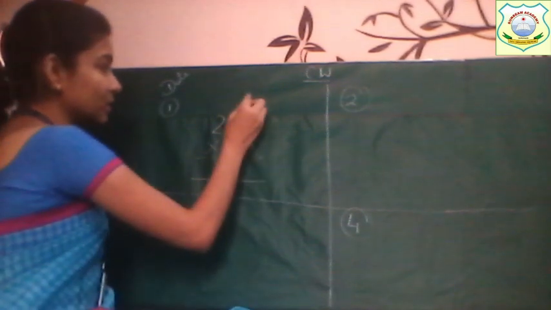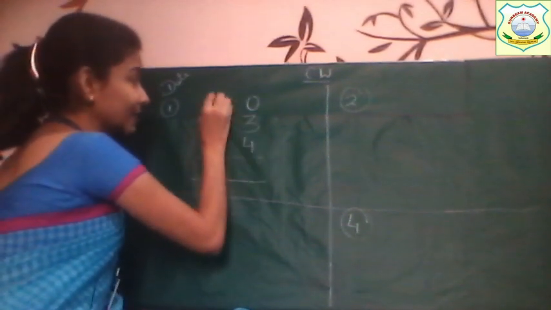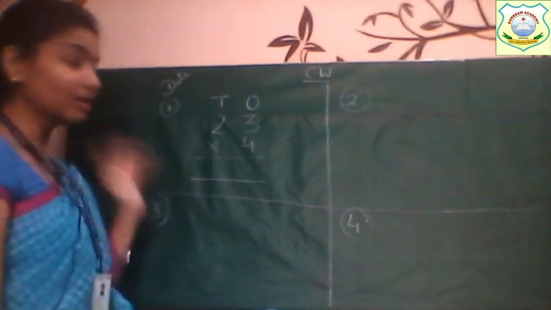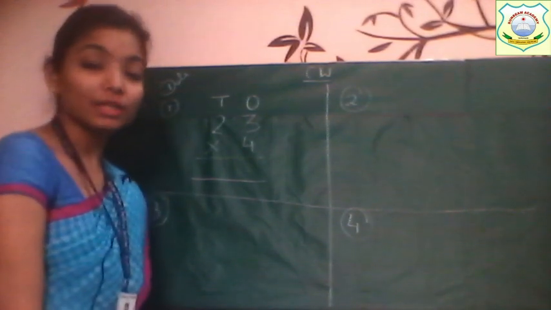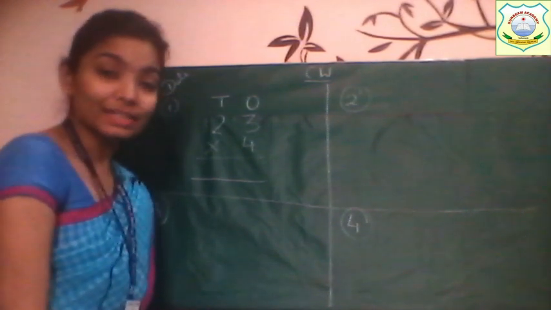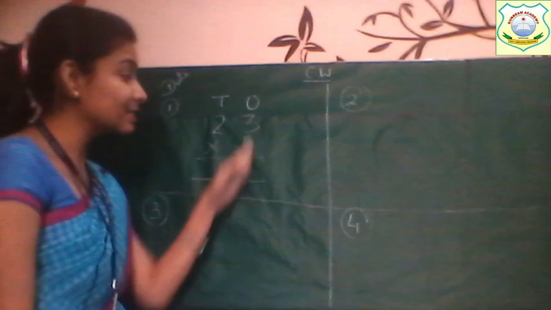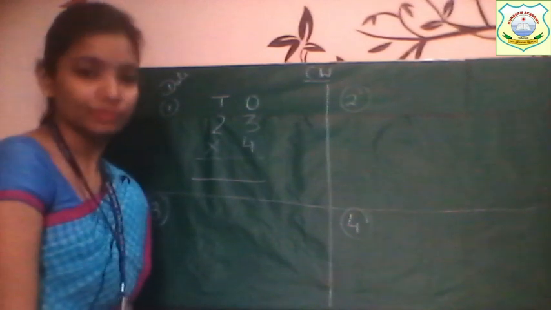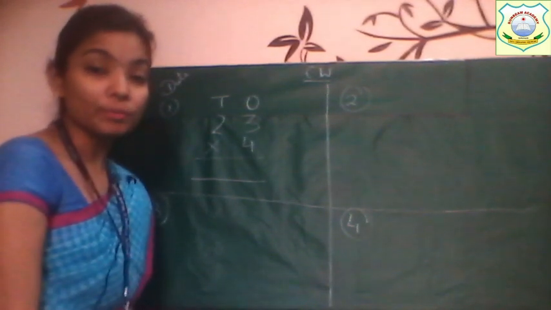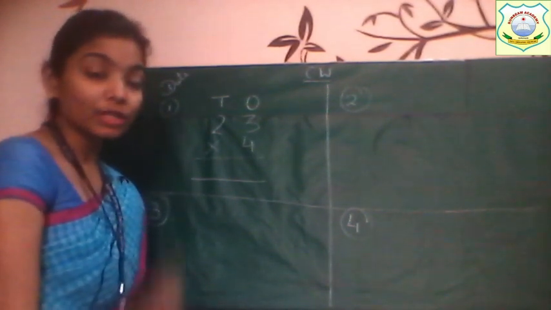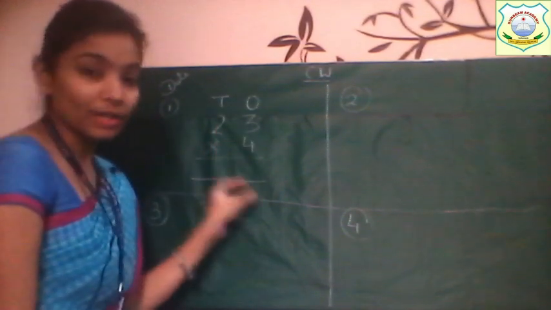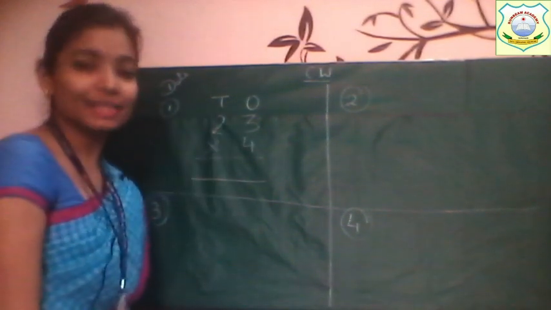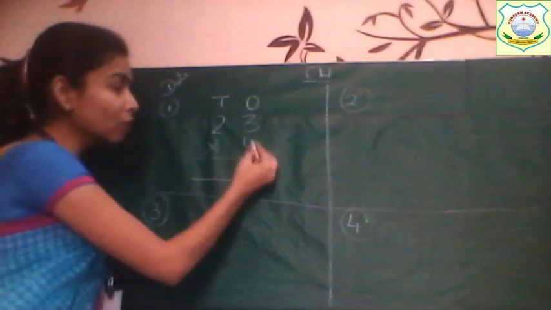Now before doing this you need to write down here ones and here tens. ठीक है, हमें ये ones tens लिखना है. Okay, why we are writing this? Because this is ones column and this is tens column and you have to do in the notebook properly, right? आपको अपनी कॉपी में बहुत ध्यान से करना है. In one column there will be ones and in the next column there will be tens. Okay. Now what we have to do?